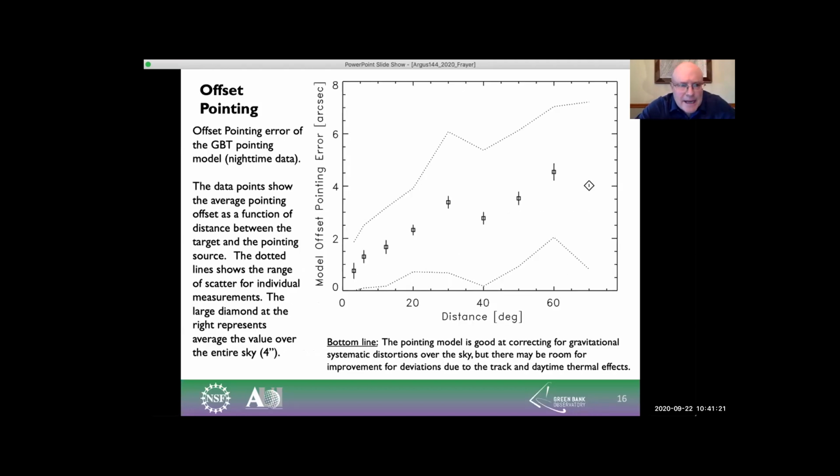Potentially our limiting factor now. We've improved the surface over the last 5 years, and lastly, we'll improve things even more. I think the next area of work that we should probably look at is improving our pointing model on the GBT. And this is something to keep in mind when you're doing mapping experiments, that you might want to